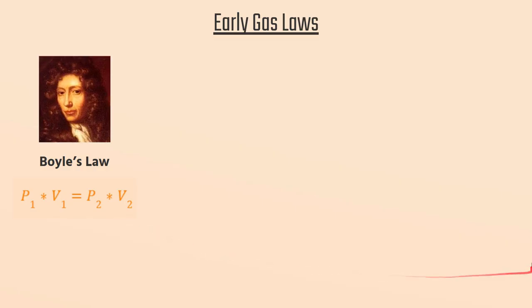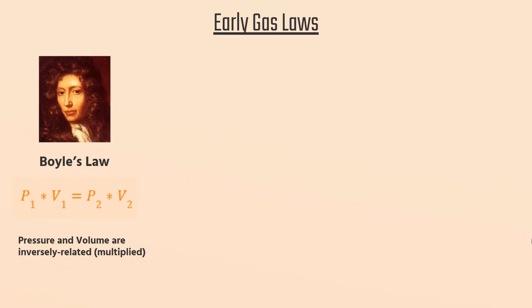And now this again was our pressure-volume relationship, and we said that pressure and volume are inversely related. In other words, as volume goes up, pressure goes down, or vice versa. What this led to was this situation mathematically where pressure and volume are multiplied on both sides of the equal